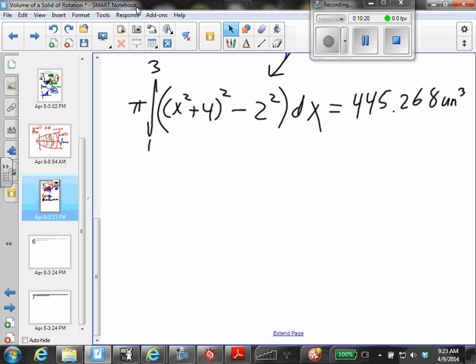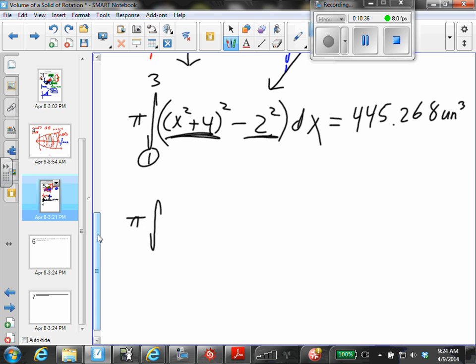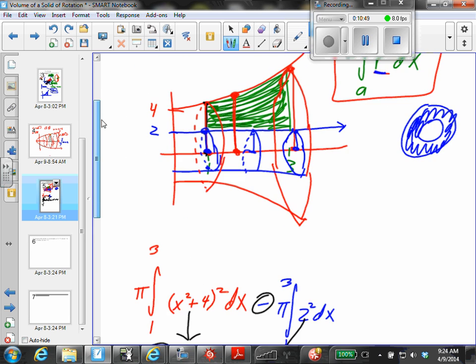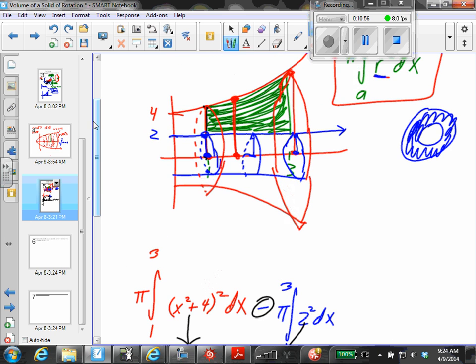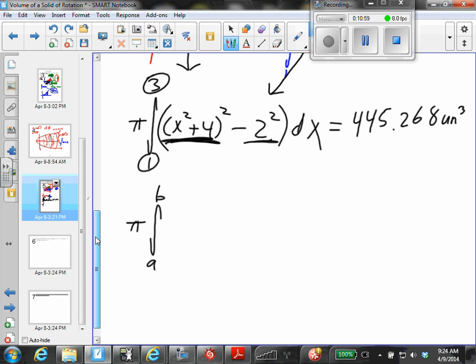Okay, before I move on, I want to just kind of generalize the washer method for you, okay? And so the way that's going to work is, you can tell I just have this right here, so I just want to work with all of this, okay? And so this is the integral from, and notice that it's just our starting point and our ending point on our integral. So it's going to be the integral from a to b, wherever you're trying to start and wherever you're trying to go to, of, and then this right here is the radius from the larger function, right? So this was the big volume, the red that we had right here. So this big red volume right here minus the smaller blue volume. And so this right here was just the radius of the large function. So I'm going to call it capital R squared, the radius of the large function squared,